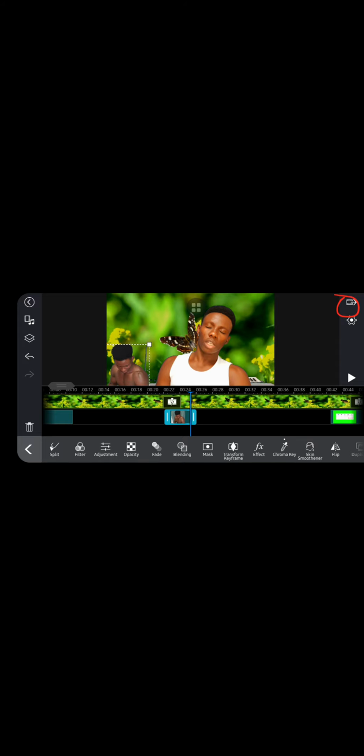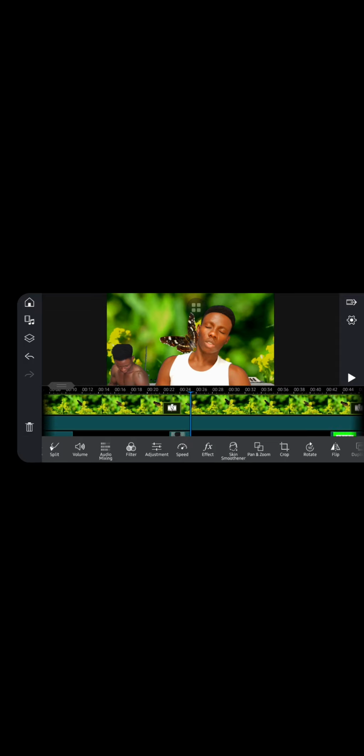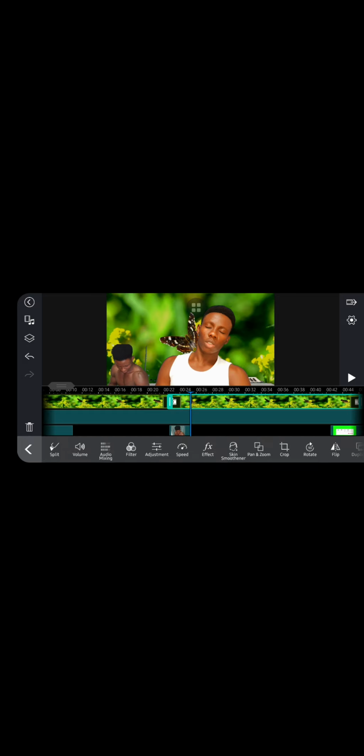So that is it. Now, if you want to go out from it, or you want to change to another background, you can add a picture. If you want to add another background, you can delete this one. You see the delete. If you tap it, it will show this green line, then you see delete here. It will not delete your video, it will only delete the background there, understand? Then you see it deleted the background.